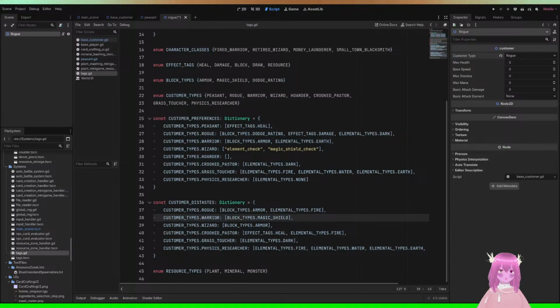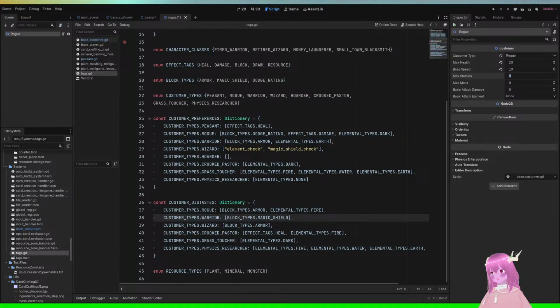Now I gotta put this on the other screen again. I made it a little too thin. The rogue starts with 20. 10 speed. I put this in an awkward order.